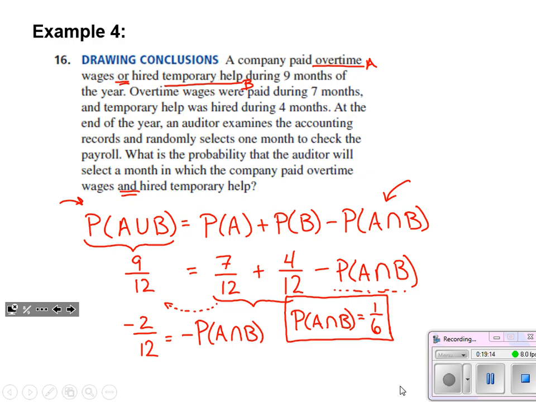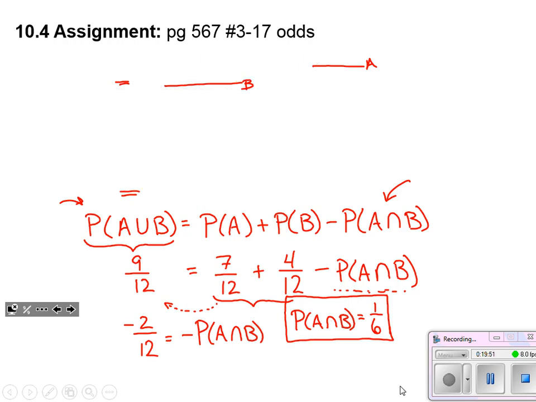You may have noticed that in some previous lessons, I've just gone right into the numbers right away. But now as we start getting into compound events, we get a little bit trickier problems that we're trying to solve. Laying it out, using the variables, using that probability symbology, I guess would be a good word. But laying that out each time, you notice I did that on every single problem pretty much. That helps me figure out where the numbers go in the prompt to help me establish that I'm doing the correct operations with it. So I strongly encourage you to do that. I think it's a great help in organizing your work.